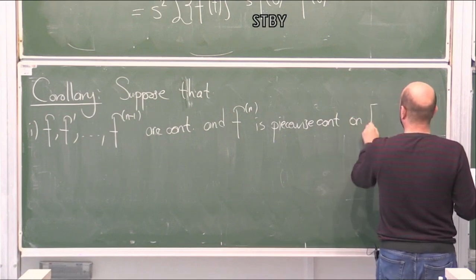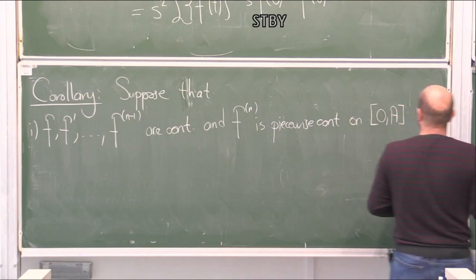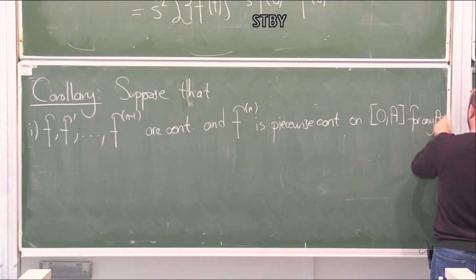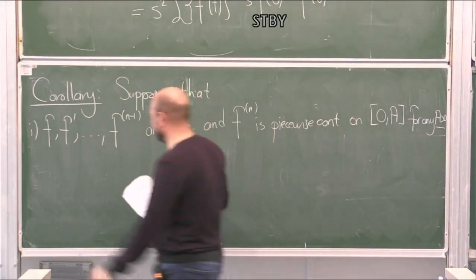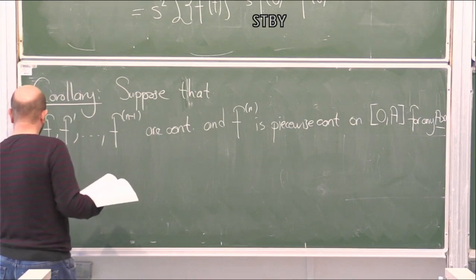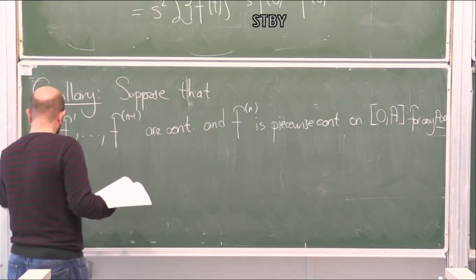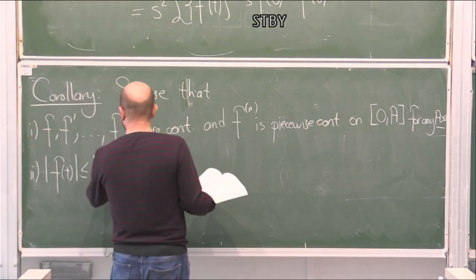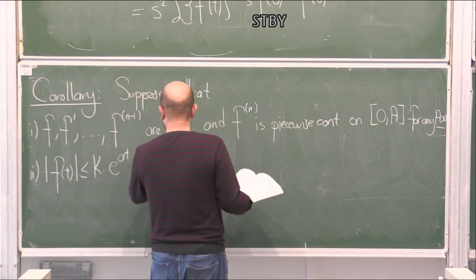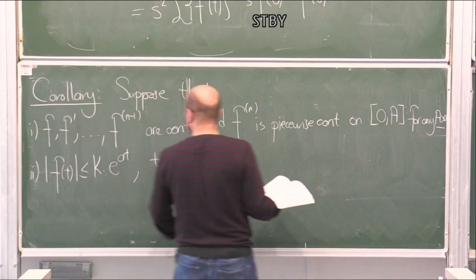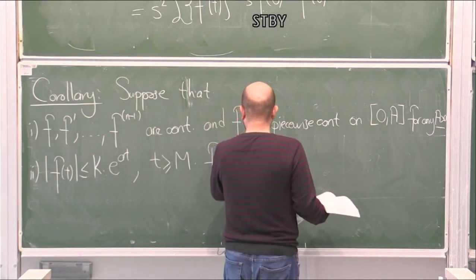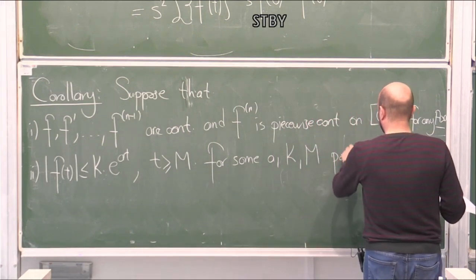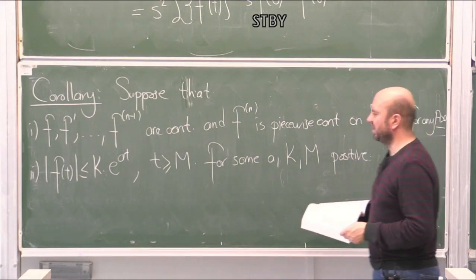on 0 to a, for any a positive. Again, the second condition is that the absolute value of f is less than or equal to k times e to the at, where t is bigger or equal to m, for some a, k, m positive. Okay. Then